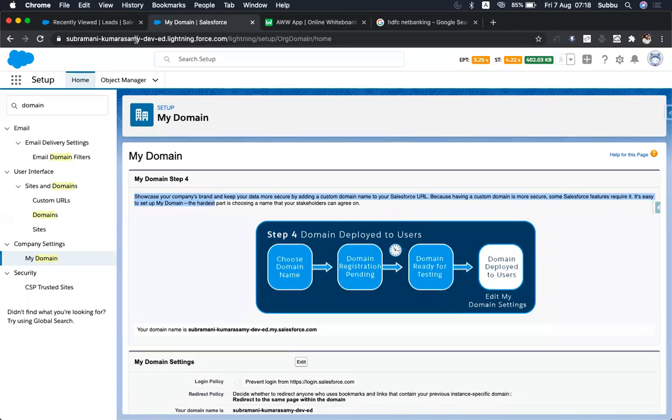Can anyone tell me how your URL looks like? If you open your developer edition, login.salesforce.com, you will be entering your username and password, right?